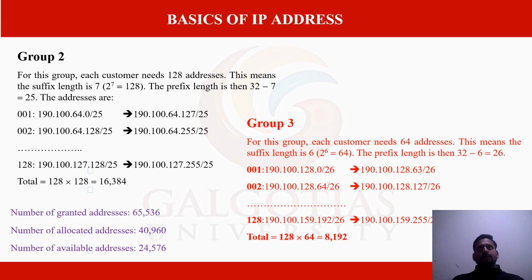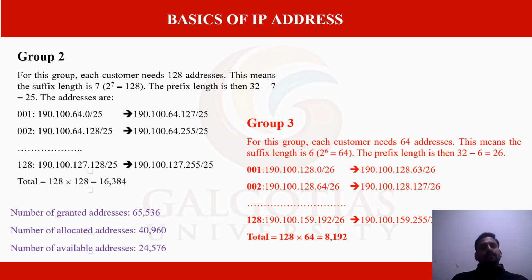255.255.255. After that, one bit is borrowed from the fourth octet, right? So the last one bit gives the value of 128. That's what they are mentioning here. And you see this last notation. After subtracting the address bits from the network ID, we get 25. So the last notation is 25 only. Here we have 128 addresses, or customers, or subnets, or whatever we can say.